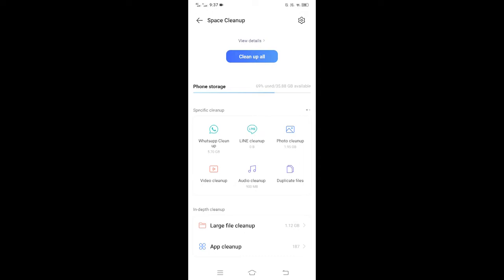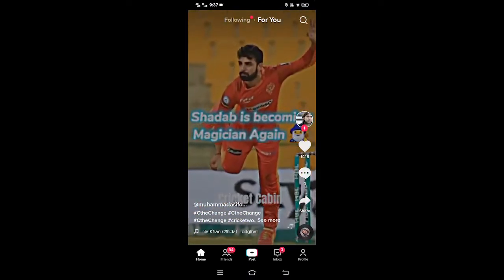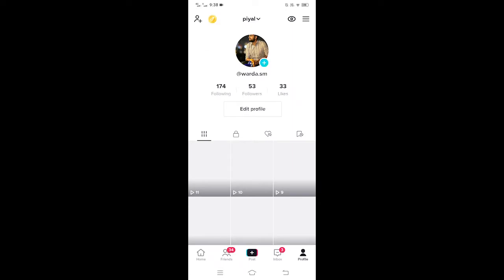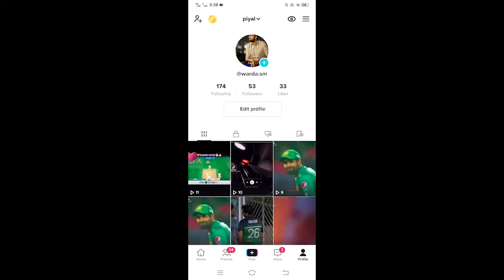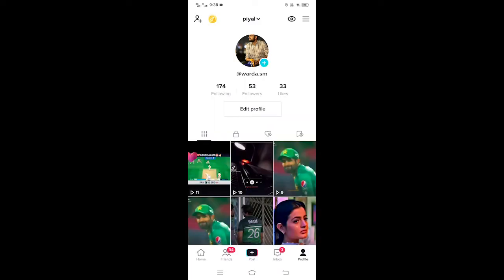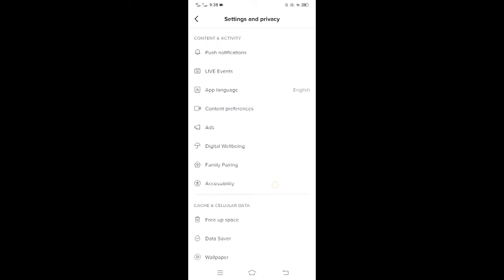If the problem is not fixed, then just simply again go to TikTok, then tap on profile here, and then tap on three horizontal lines at top right corner of your screen, then tap on settings and privacy. And let me tell you that from here you have to make a request. You have to tap on report a problem,